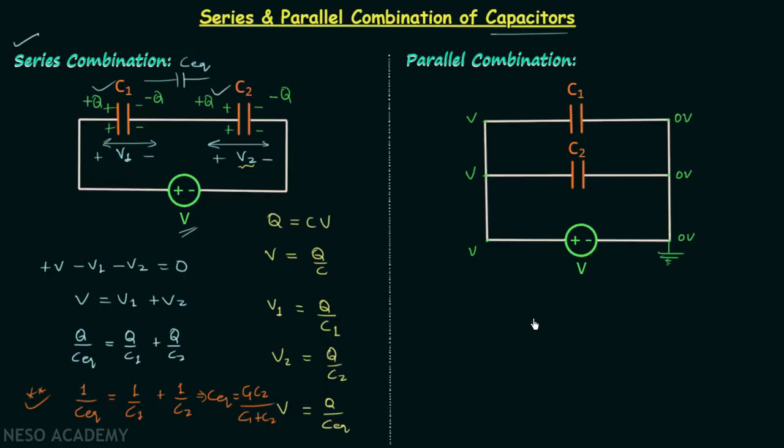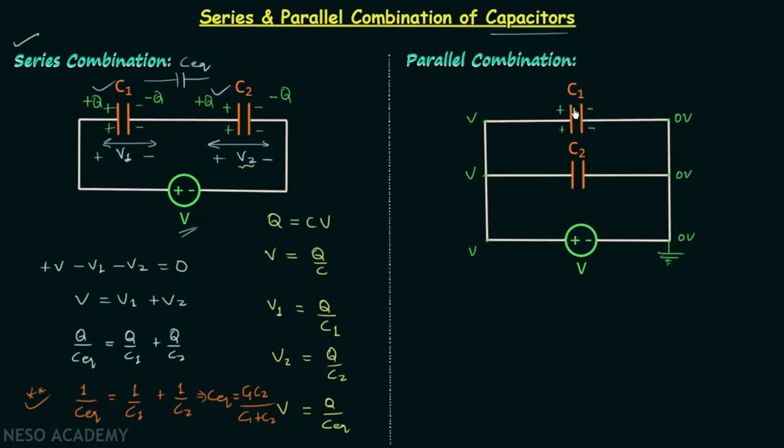So you can see that the potential difference across the first capacitor is V minus 0, that is V, and the potential difference across the second capacitor is V minus 0, that is V. So the potential difference or the voltage across both the capacitors is same, and this is what happens in parallel combination. Now let's say Q is the charge provided by the voltage source